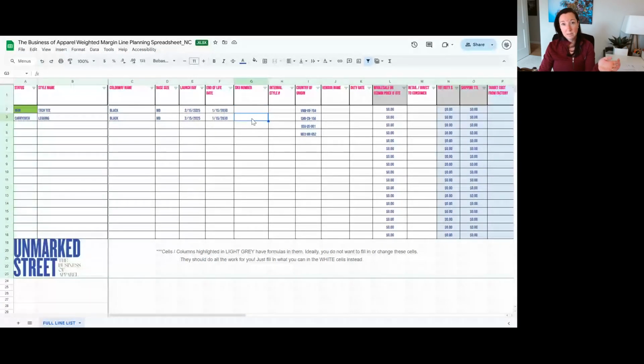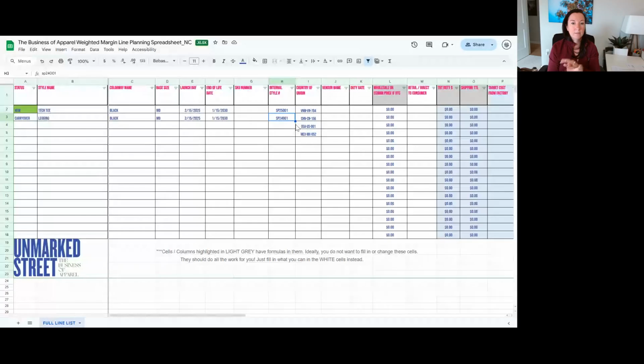If it ends in a 1, that means it's black. If it ends in a 2, that means it's white. These would be unique numbers that you would assign based on however you've set that up in your company. Then your style number might be something like spring 24001, because this is a carryover style. Let's say we designed this for spring 24 and it was the first style in our line. Those are internal style numbers so that when you're working with your manufacturer or your factory,